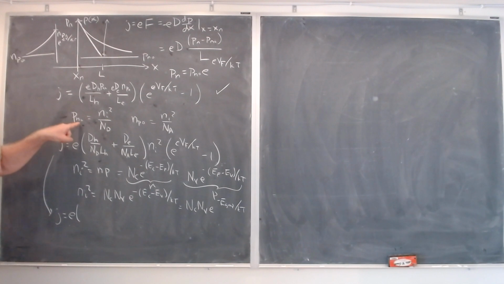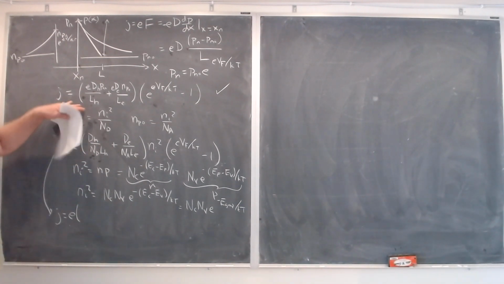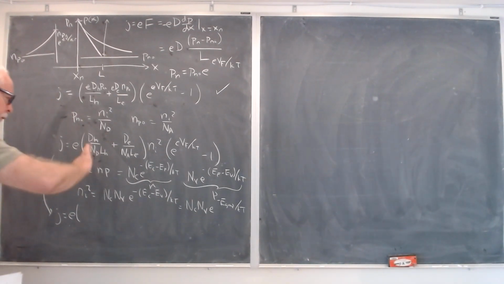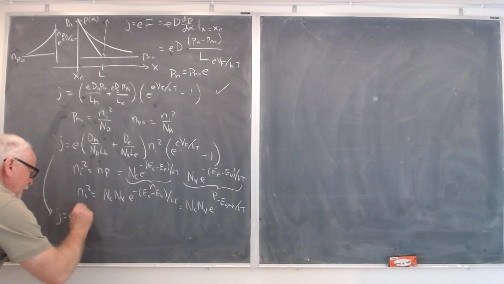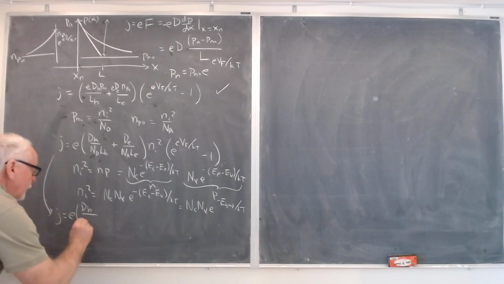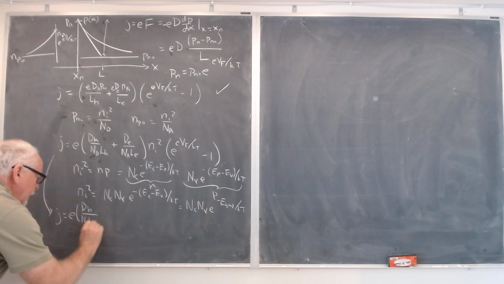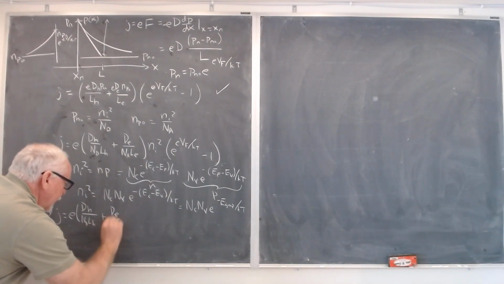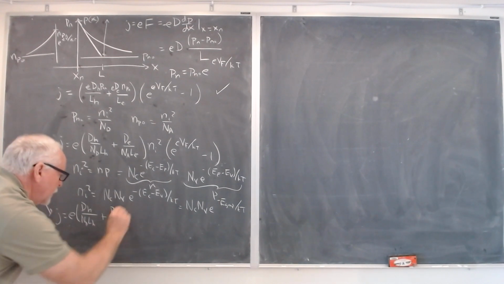When you plug in for P n0, that puts ND there. Sometimes it confuses students a little bit because it's like, oh, that's ND, that's from the electron side. But you see how it happened. If you remember this whole sequence, you don't get confused about how those things mix together. So DH over ND LH plus DE over NA LE,